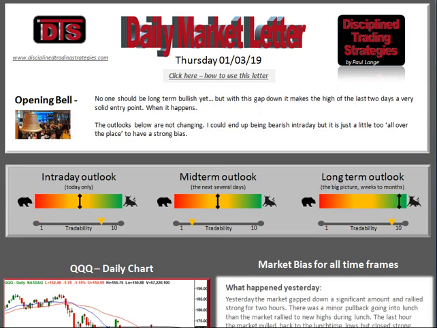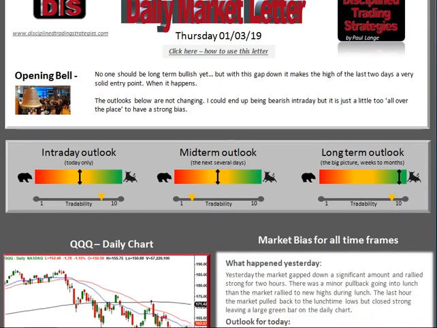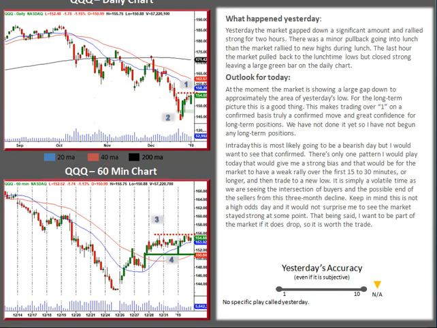All right, so let's see where we are here. Unfortunately, the bulk of the talk I did here is what I just did, because for that whole midterm picture, the concept is what I just talked about. Take a look at the daily chart. If you look right here at the daily chart, you will see what I mean.